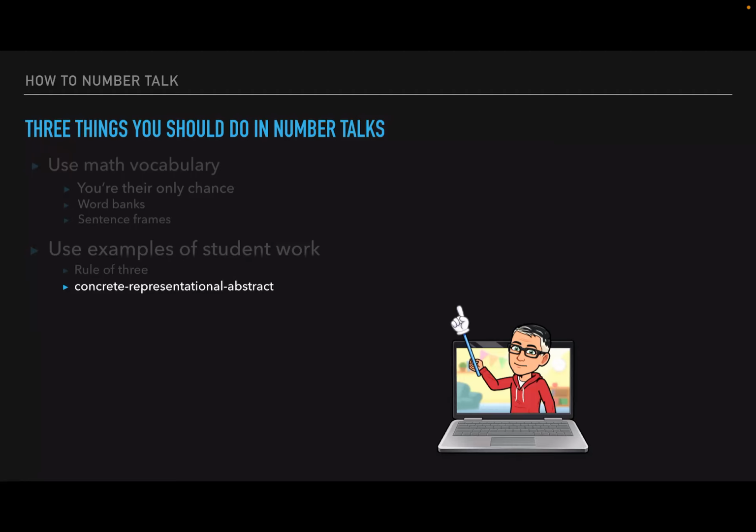What I try to do is I'm always thinking about the concrete, the representational, or sometimes called pictorial, to abstract continuum. So what I'm trying to do is get representation from those 3 different kinds of thinkers in my classroom. So when I'm picking 3 things, I'm looking for an example